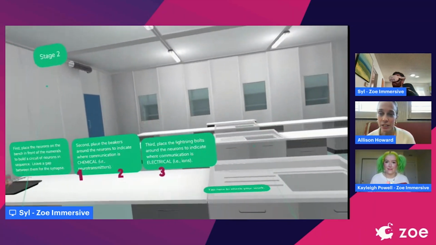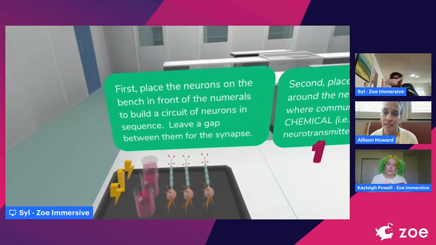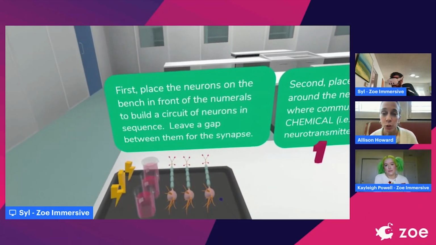And the next stage is going to sort of test a concept that they also would have learned in class, and that is the fact that between